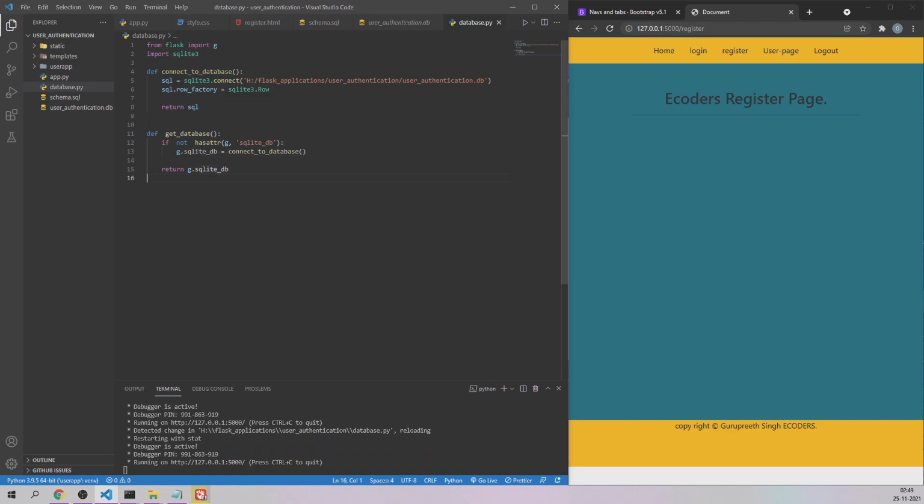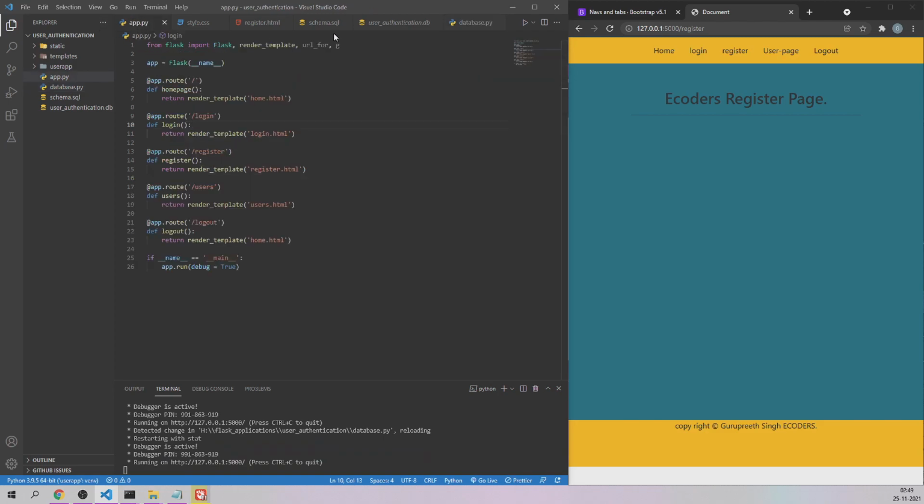Now all you have to do in your app.py file is import those two functions. So let's come here at the top.